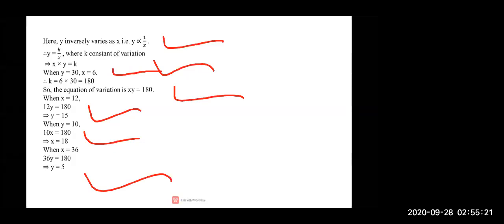by giving the values, cutting it, you will get what they have asked. If they have asked X, you will get X answer, Y answer. Whatever things they are asking you, those things you are going to get. Now here when we divide 180 by 36, we are getting Y as 5.